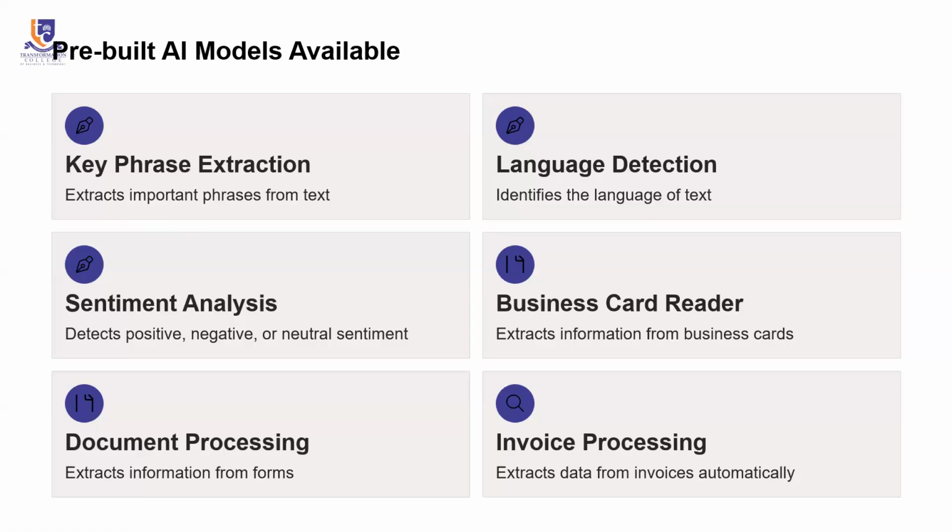So if the guy is angry in his text, the model can determine that, if he's happy, if it's neutral, the model can determine that. Business card reader, which extracts information from business cards. Document processing, so extract information from forms, like